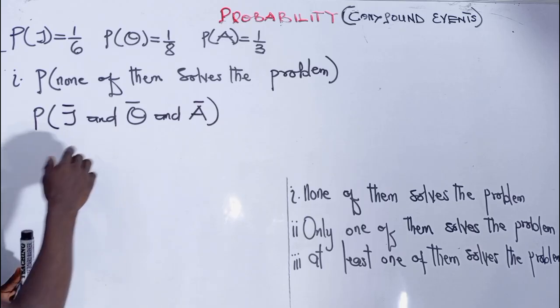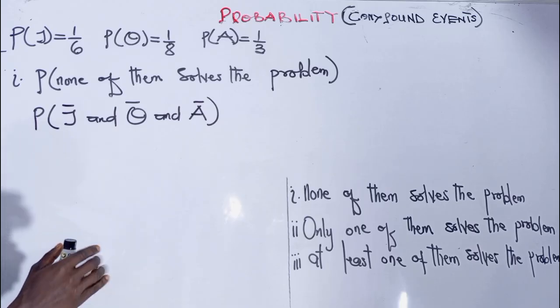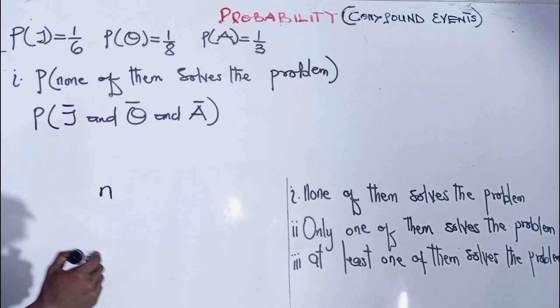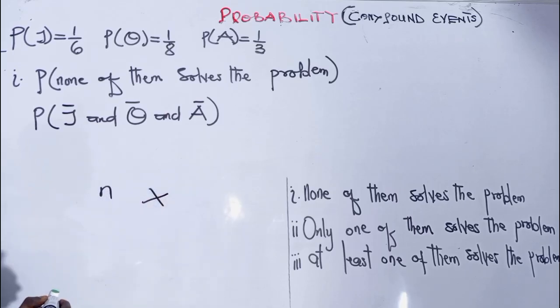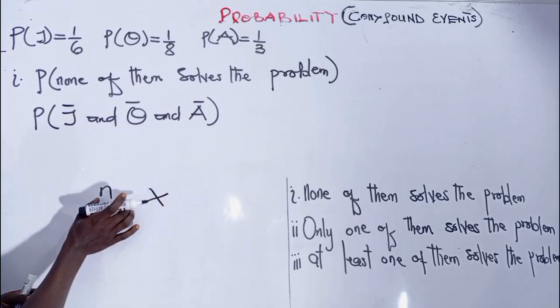Now this ∩ in probability means the intersection, and it corresponds to the multiplication law. So this means that we can write this as